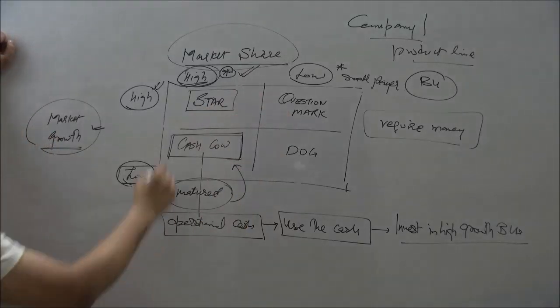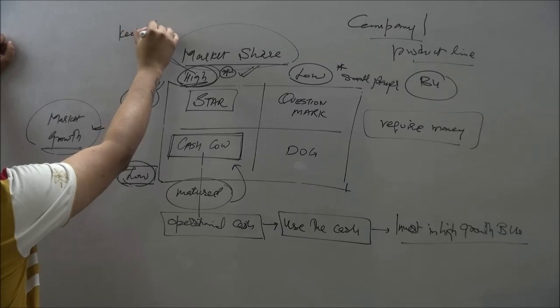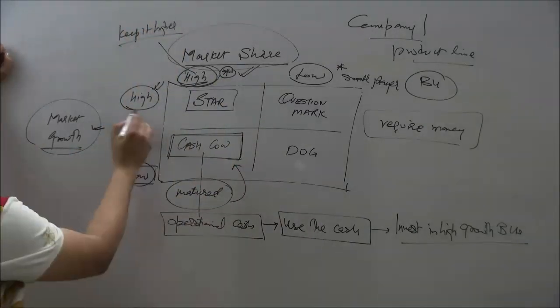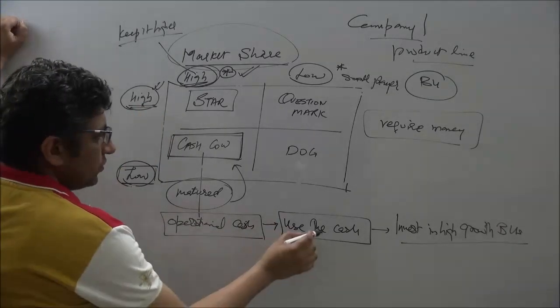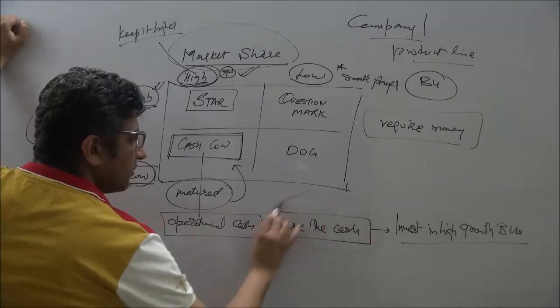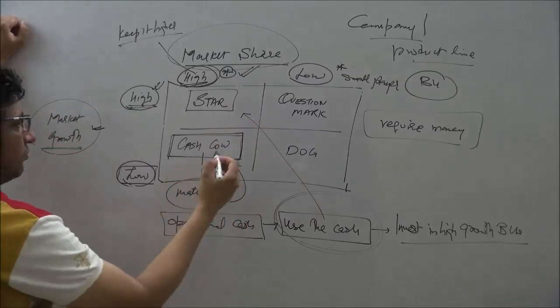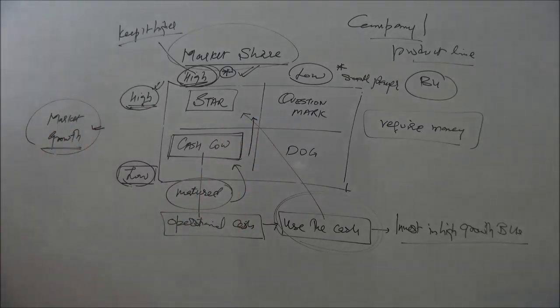One is that you need to keep this going, you need to keep this high, and it is really making more value because even the growth is very high. So you would certainly want to use much of this cash into this category. You would normally see a movement from a cash cow to a star business,